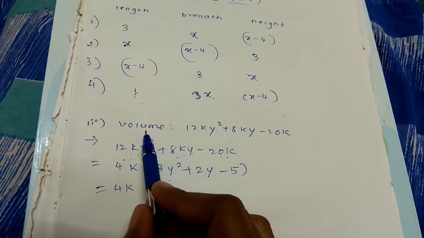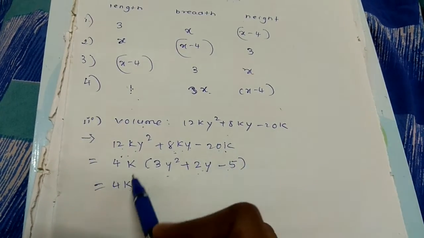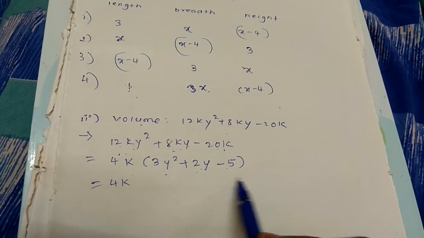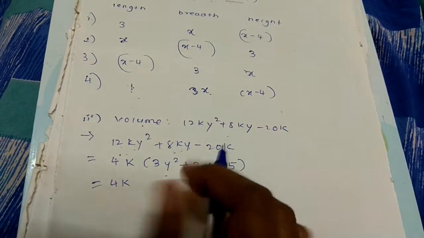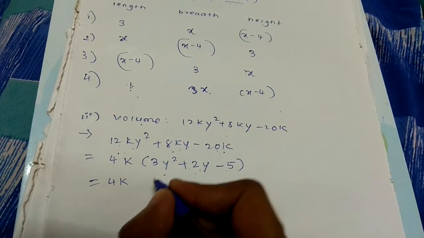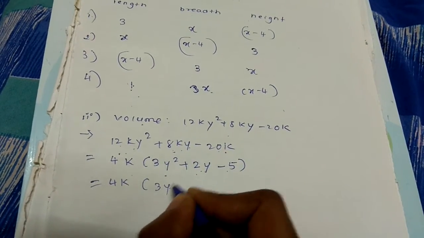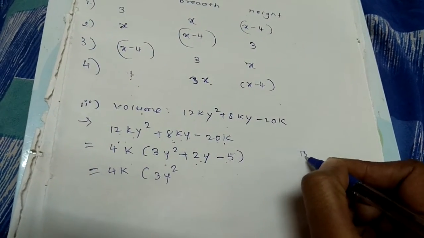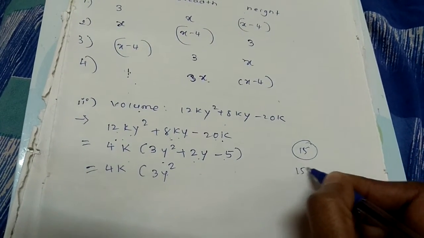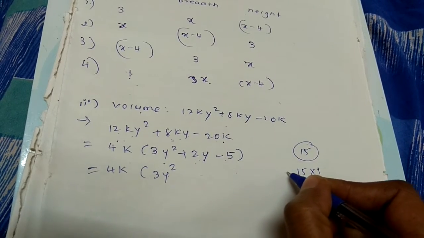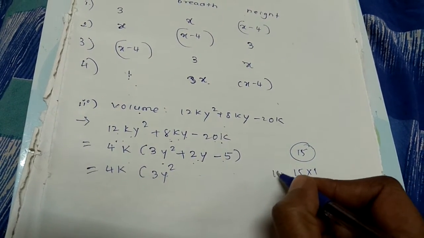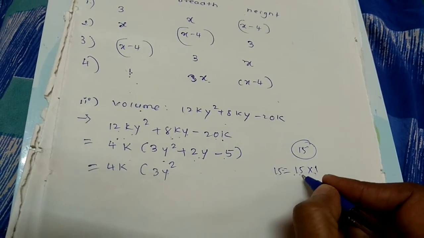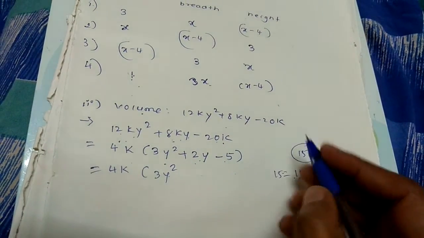As we know, the volume of a cuboid has length, breadth and height. So we got 1 factor as a product, and 2 more factors you will get, so in total you get 3 terms in terms of products. We take 3y square: 3 times 5 is 15, so we have to find the factors of 15. 15 times 1 is 15, but adding or subtracting these, you will not get 2y.